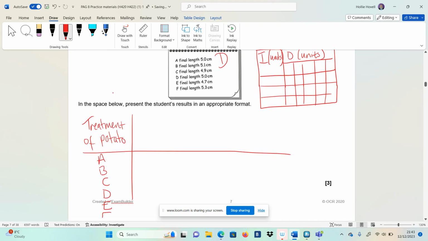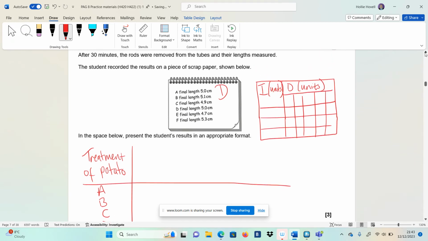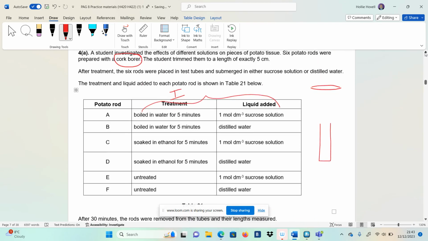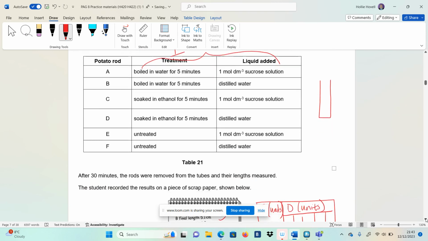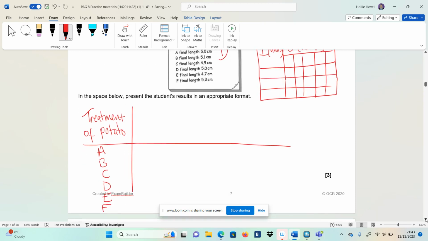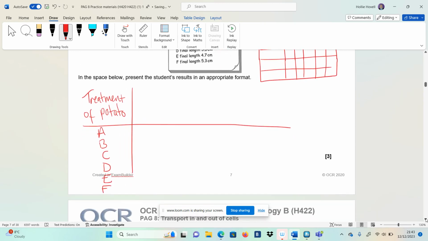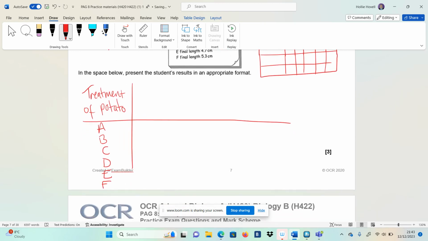Then they measured the mass. So here they've got the final length, but they haven't recorded the start length. But they did say the start length right at the start here. So they trimmed them to a length of exactly 5 centimeters. So we could put length as our dependent variable, length of potato, and you might want to put something like start,